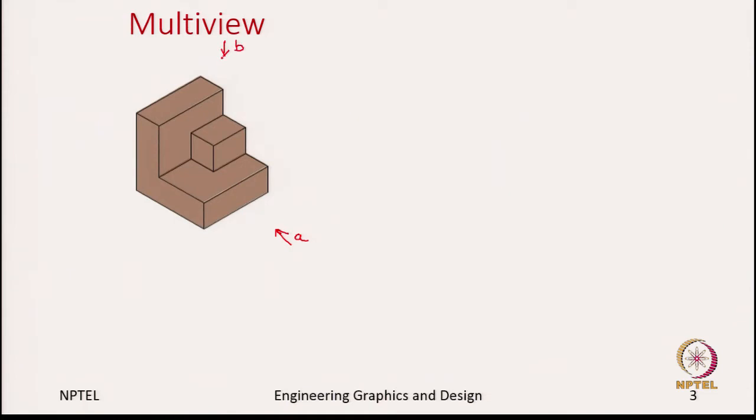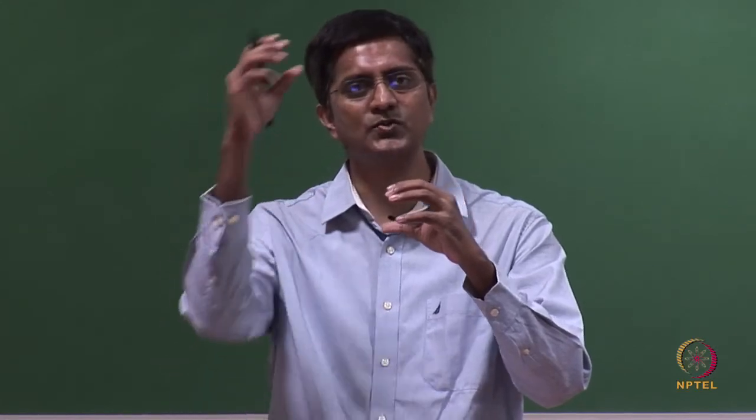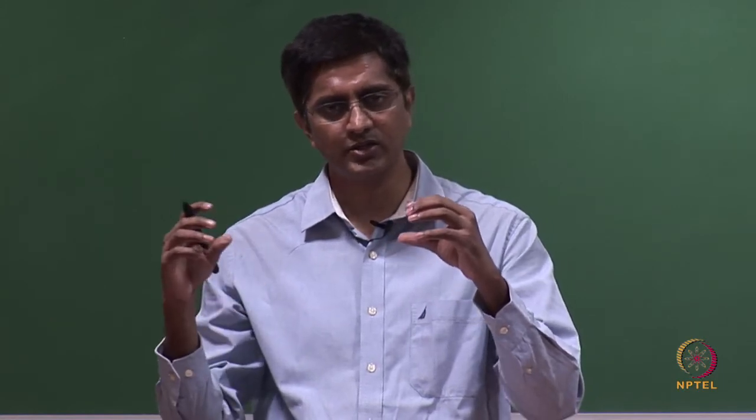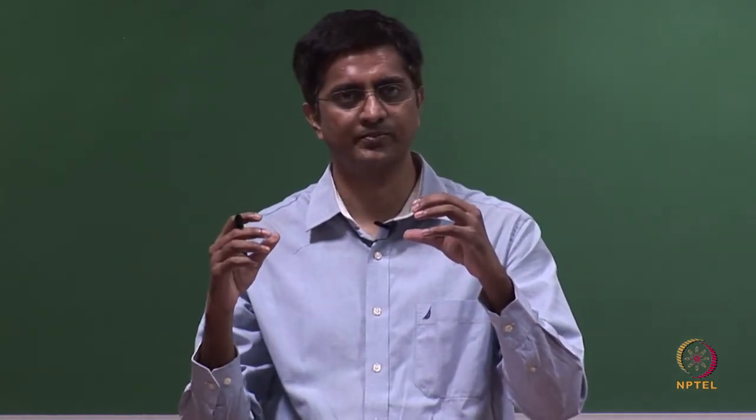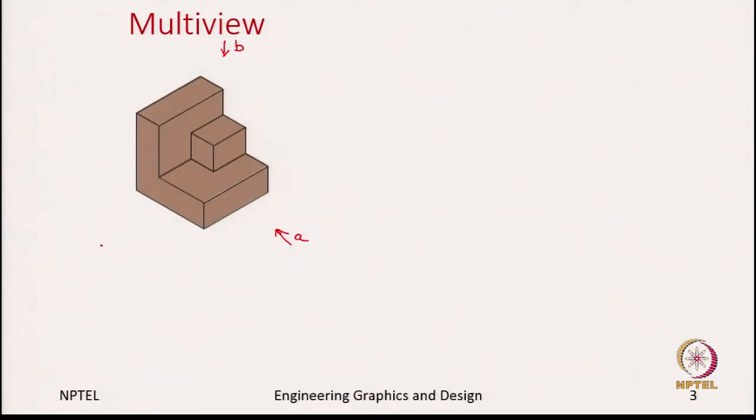So, that I will name it as B. Notice here that the object is fixed, what is happening is the observer is moving. Initially when I depicted A, he is looking at the front face of the object, and for B he is looking from the top. Similarly, I can have, if he is looking from the left side, C, if he is looking from the right side, D, if he is looking from the bottom, we will name it as E, and finally, if he is looking from the back, we will name it as F.